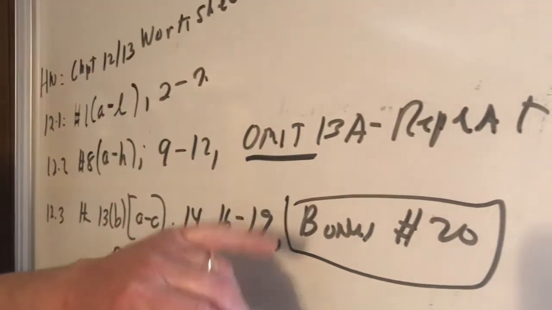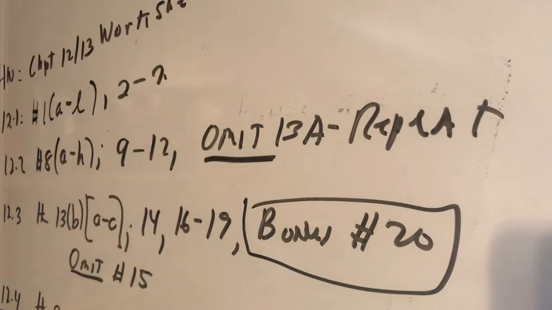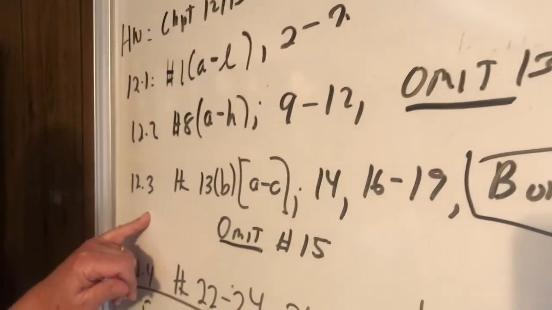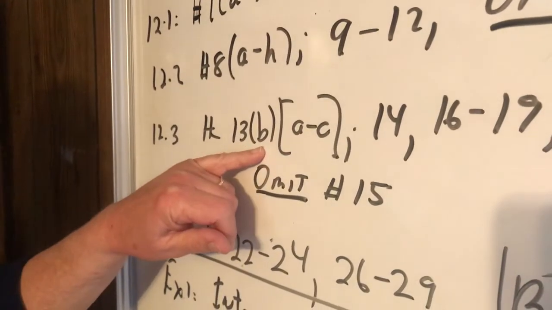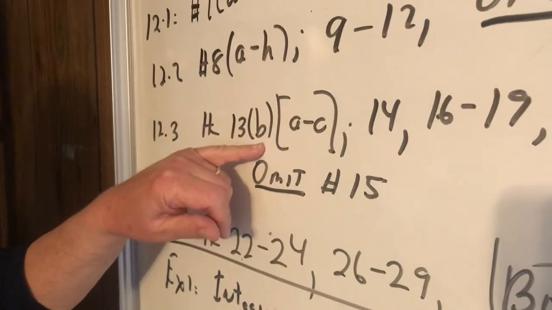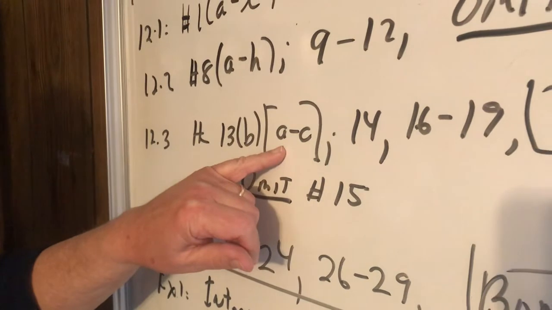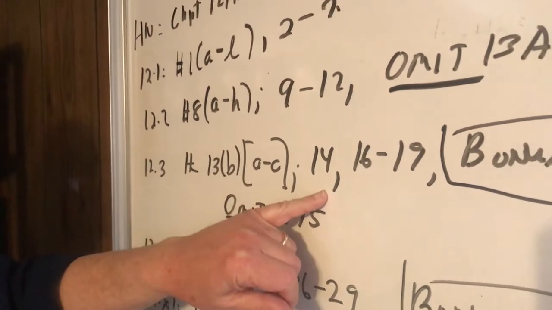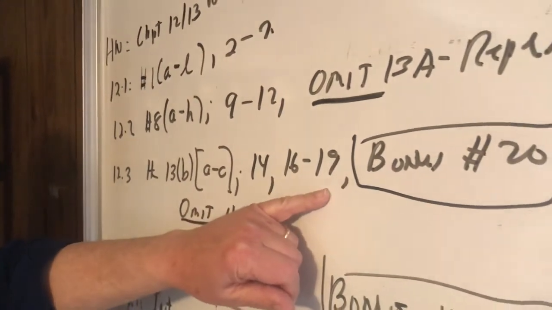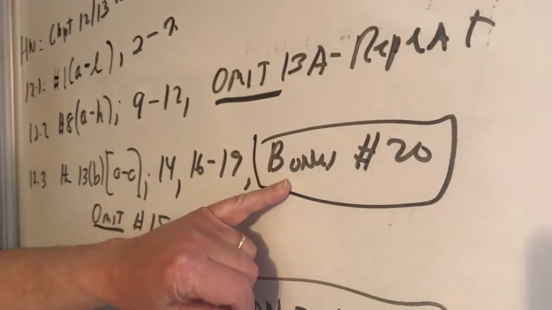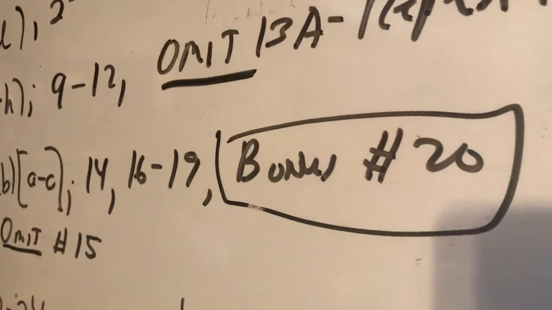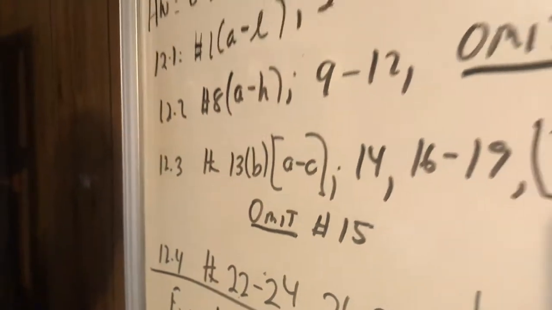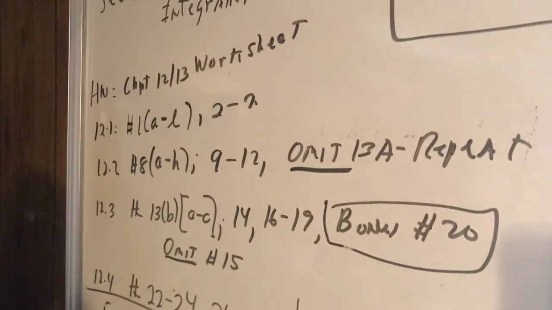Omit 13A, it's a repeat of 9 for some reason. When we get into 12.3, we're going to do number 13B. It's labeled B. It's a 13 though. And you're just going to do 3 integrations, A to C. Then you're going to do 14, 16 to 19. Number 20 is going to be a bonus. Please omit number 15. It's a very difficult natural log problem, and I'm not going to get into natural logs